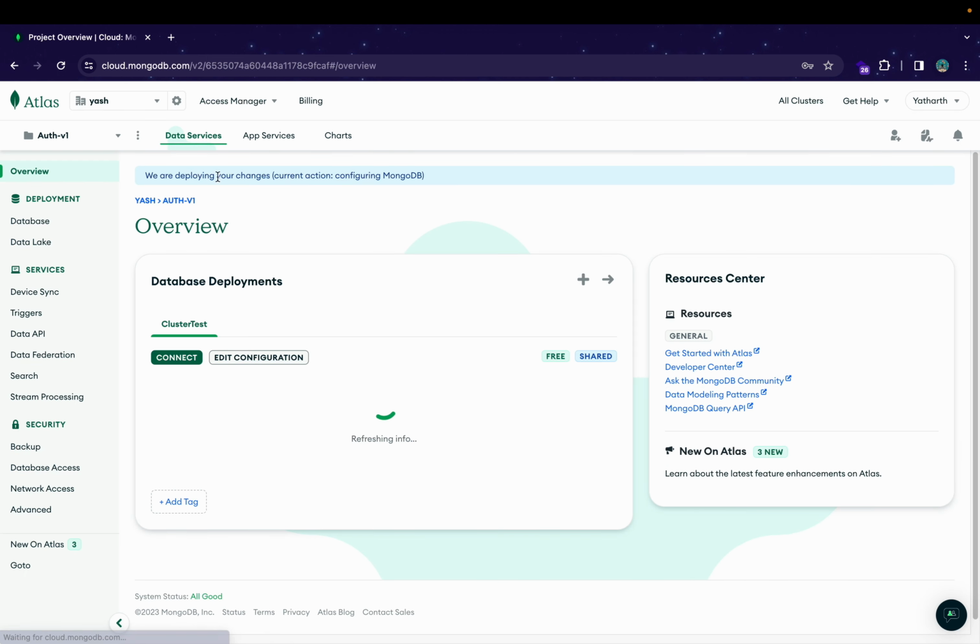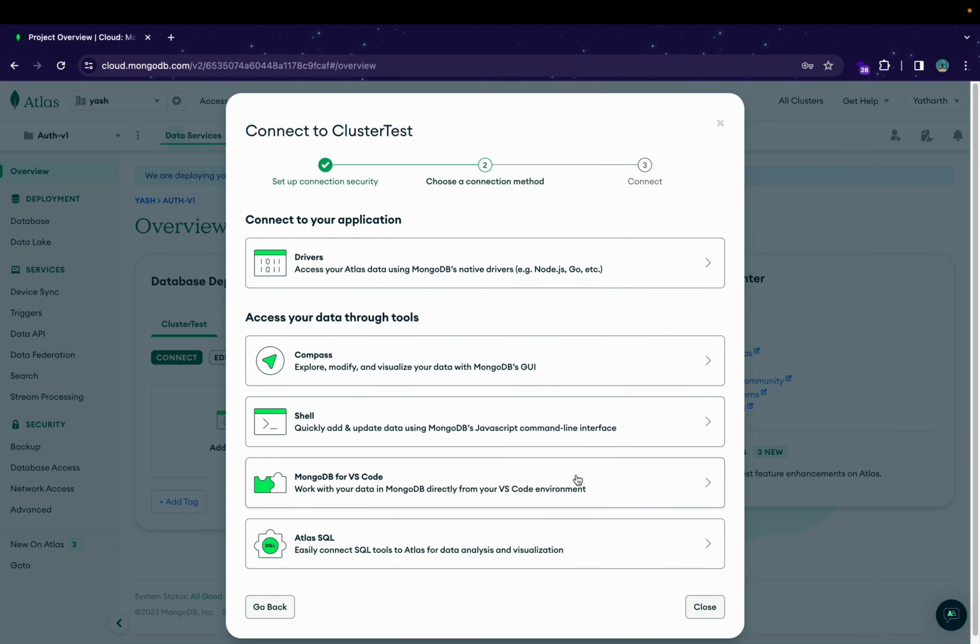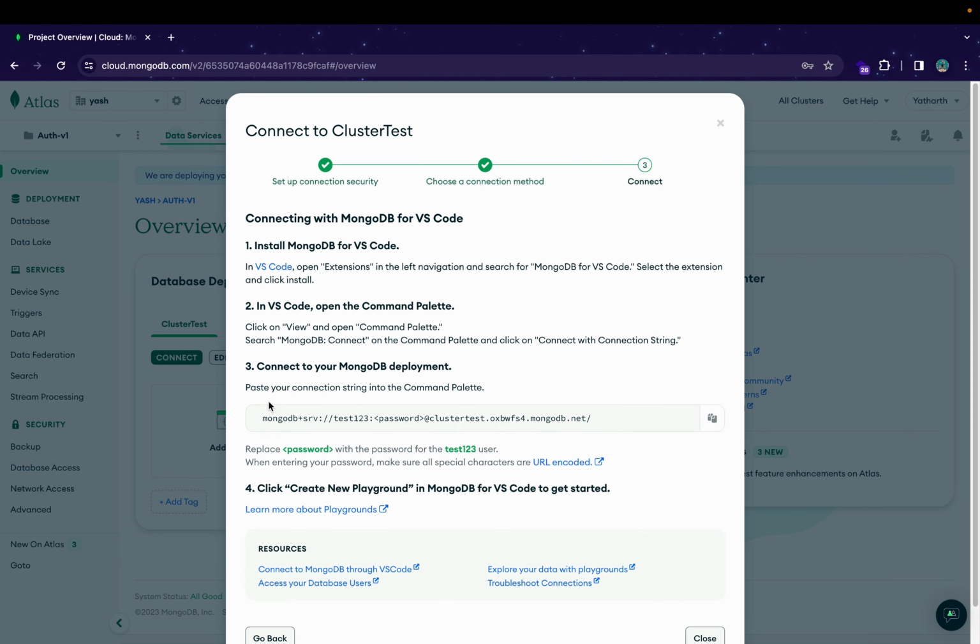Okay, so as you can see, they are deploying our changes. So it's going to take some time, so let's wait for that time. And also in the meantime, we can copy the connection string. You can go to the connect button and here you can go to MongoDB for VS Code